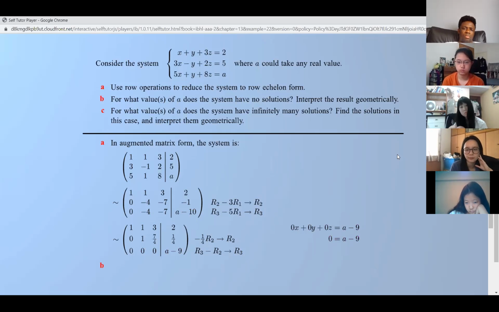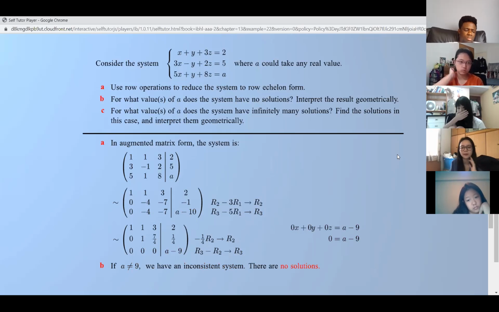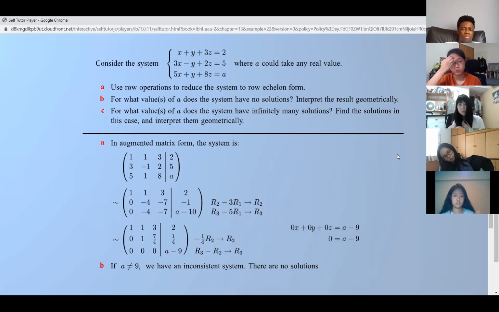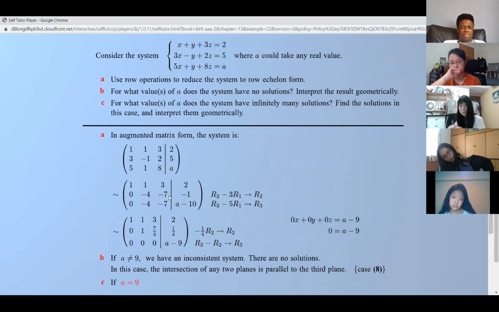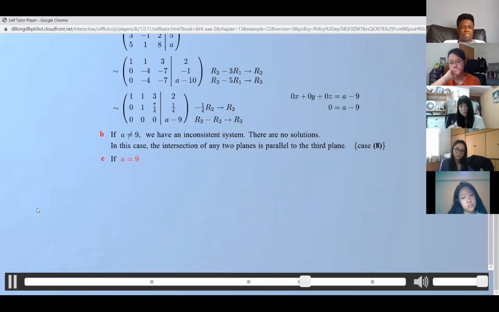So, in part B, if a takes any value other than 9, the system is inconsistent and there are no solutions. From the original equations, we can see the normal vectors are different for each plane, and none is a scalar multiple of another. No 2 of the planes are parallel, so we conclude that the line of intersection of any 2 planes is parallel to the third plane. In part C, if a takes the value 9, row 3 is all